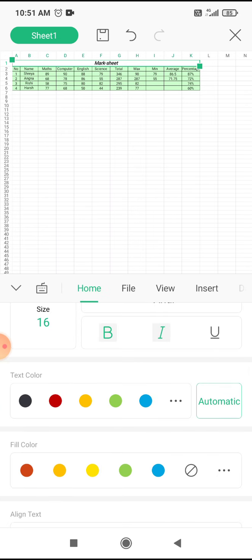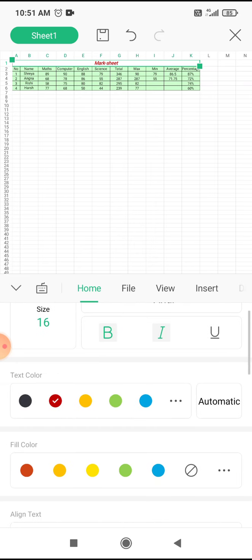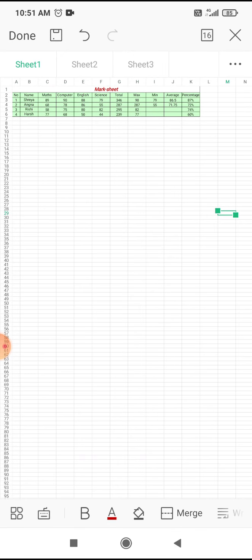If you want to change the color of your text, you can give the text color. If you want to give the background color, you can set the background color. Right now I don't want to give any background color, so I click on none. Now my mark sheet is ready.